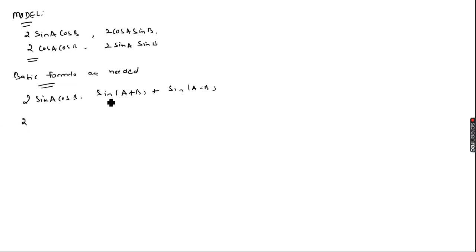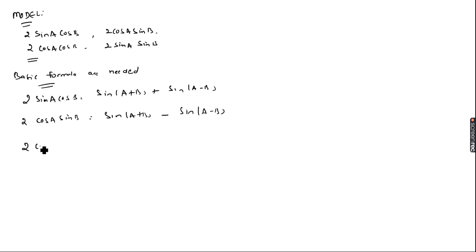And here the sin is an odd function. If it is odd, there is one sin and one cos involved. If it is a plus, the first term is sin. Suppose 2 cos A sin B, then it can be written as sin of A plus B minus sin of A minus B. If there is a minus involved, first you write cos and next you write sin.